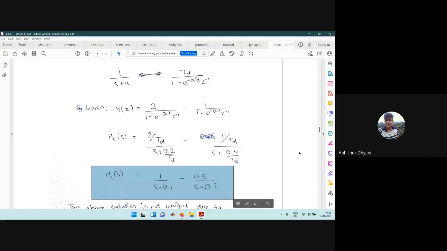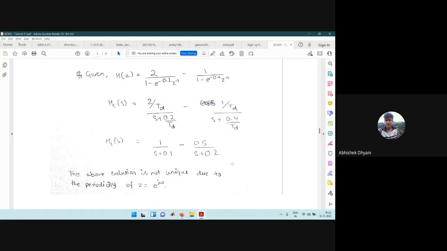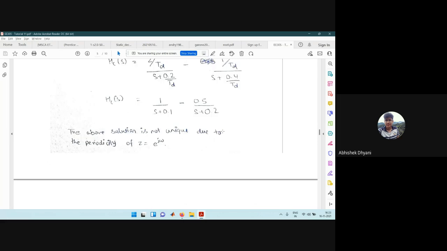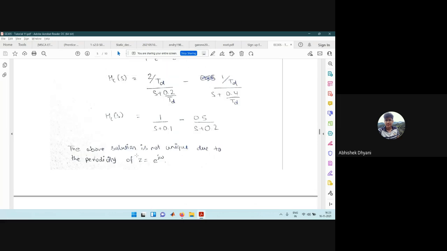Now, it was also asked whether or not the above solution is unique, and the answer is that it is not unique. It does not mean that only this HCS can give us this HZ, and that is because this Z is periodic. The variable Z is periodic. It is actually e raised to the power j omega. In the Z domain, we are moving in the unit circle,